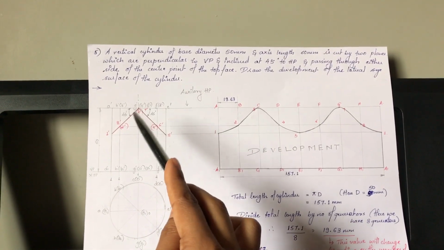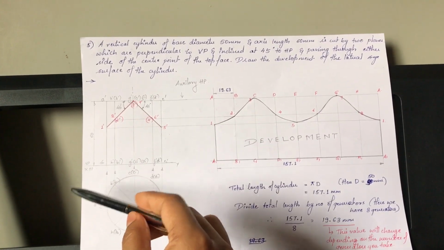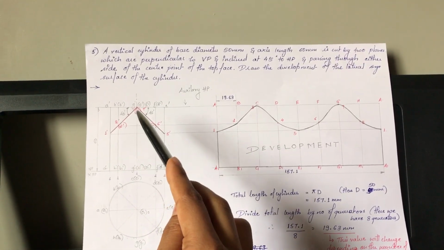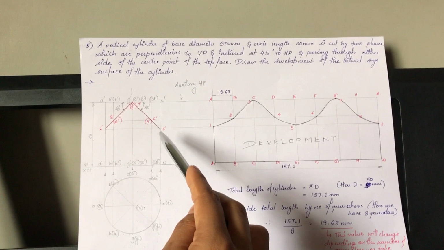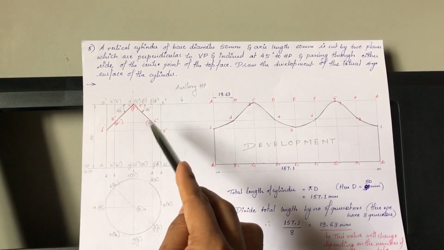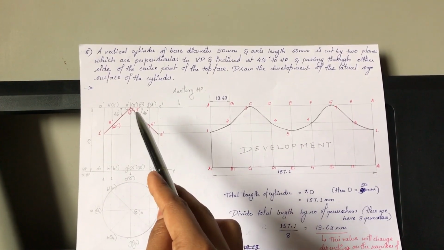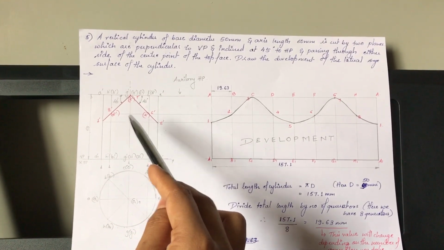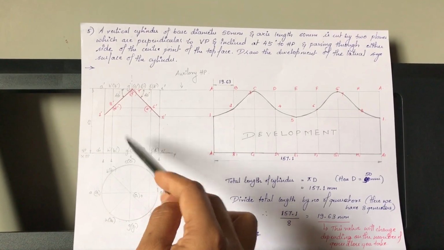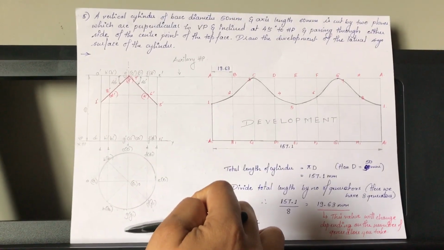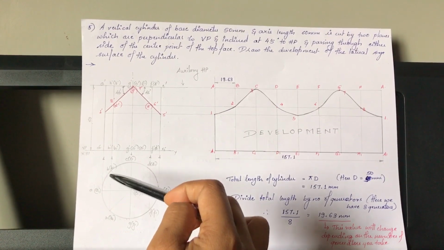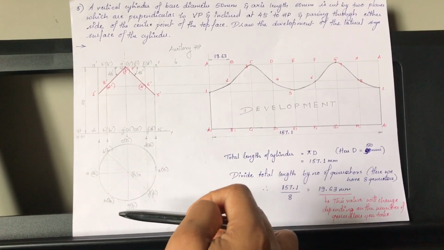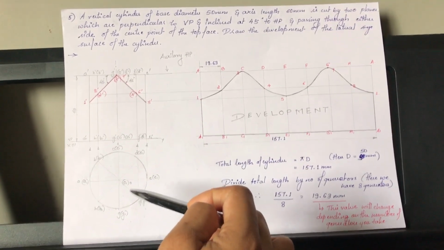Once you get these planes marked, then you go for numbering it. You mark 1 dash on AA1, 2 dash on BB1, 3 dash on CC1, 4 dash on DD1 and 5 dash on EE1, 6 dash on FF1, 7 dash on GG1 and 8 dash on HH1. 2 dash, 3 dash and 4 dash are put in bracket because they are away from the observer who is here. As you see, BB1, CC1 and DD1 are behind HH1, GG1 and FF1 respectively.